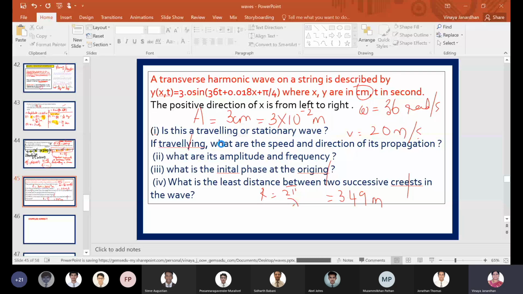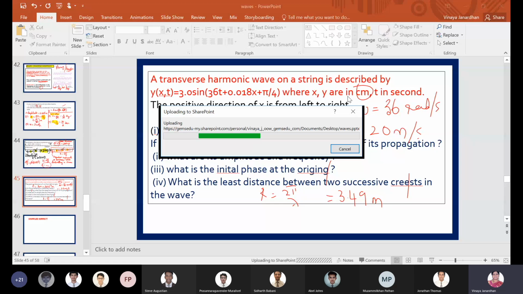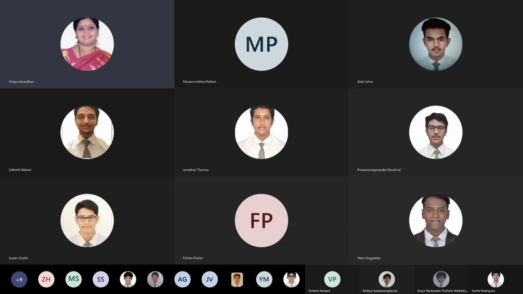So tomorrow's class, we'll finish this. We'll have to go for transverse waves in a stretched string. Next, we have to go for numericals on